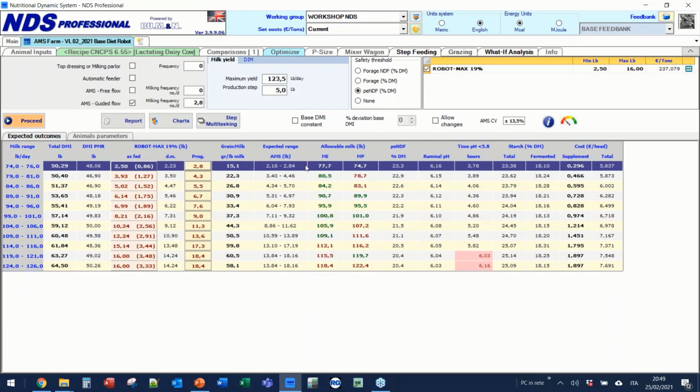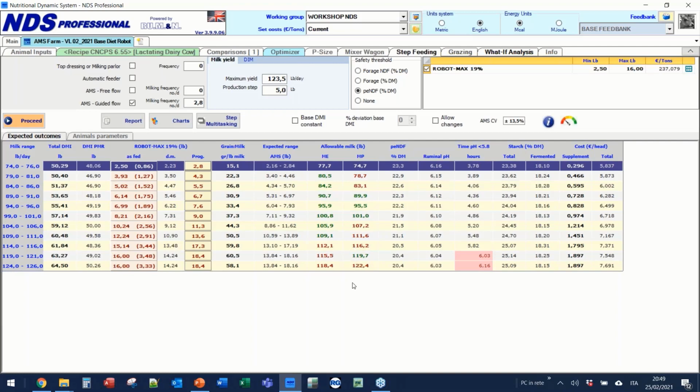Here we can see step by step the allowable milk, ME and MP allowable milk, and in green are shown the values that are in between the goal we defined for the step, in red when we are outside, above or below